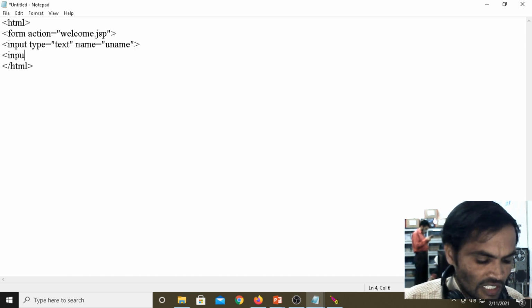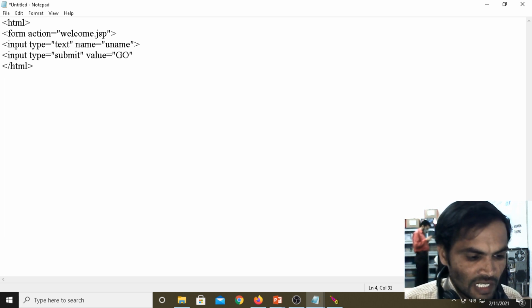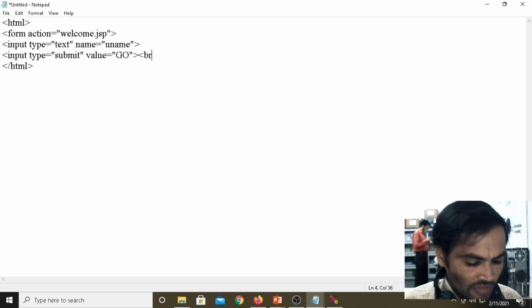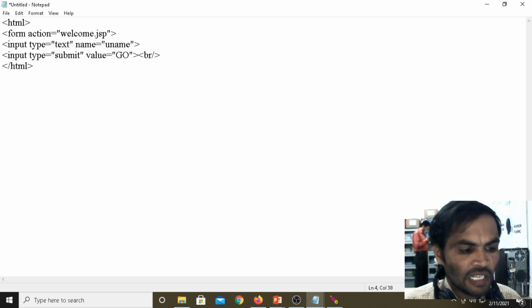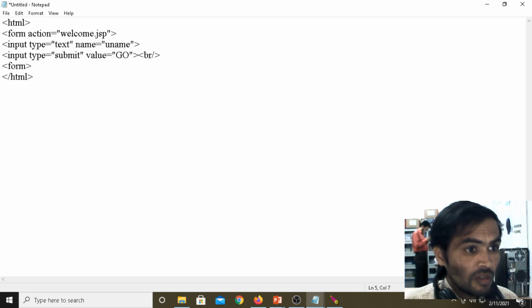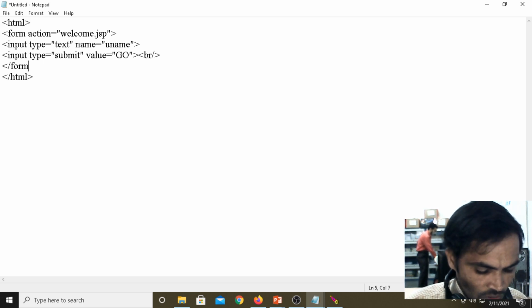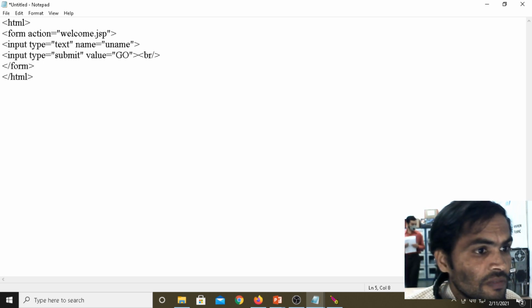Then we create the button: input type equals submit, and the value, the button name, we give as go. Then we use the BR tag for breaking, then we close the form. Now we close the form application.